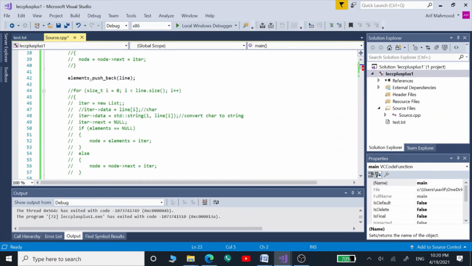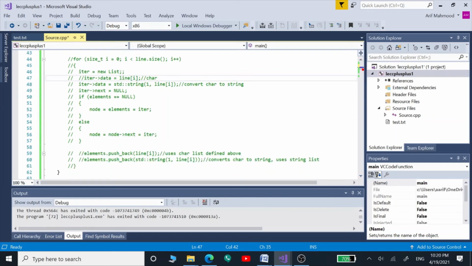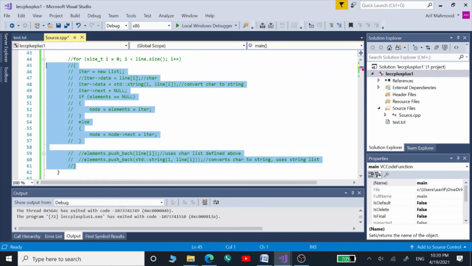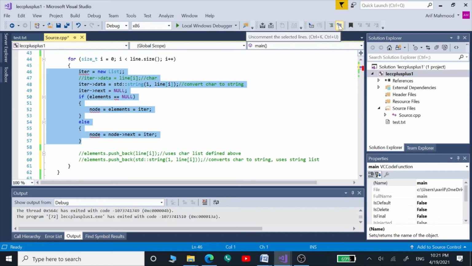Now what we can do is, we no longer can use this because this is our string variable and we can't use this to put inside our character list of type characters. So what we are going to do is break up first those strings into characters using this for loop. And now we are not going to use our own defined list because we no longer are using this. So we have to skip out these lines.